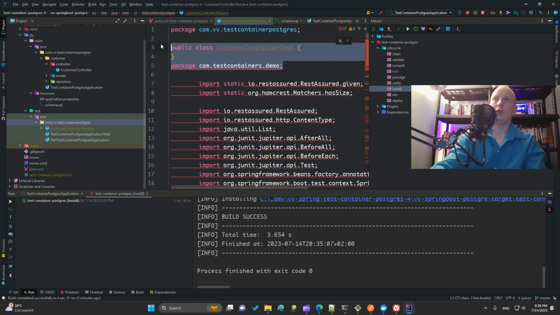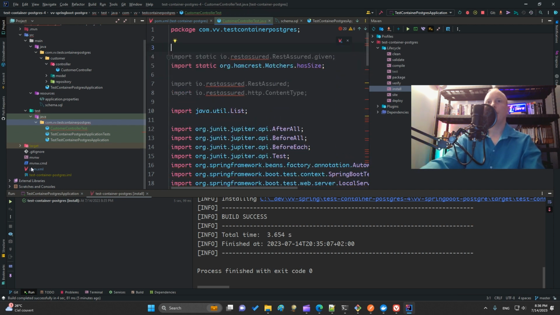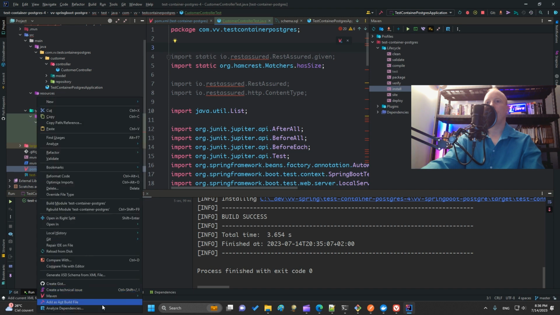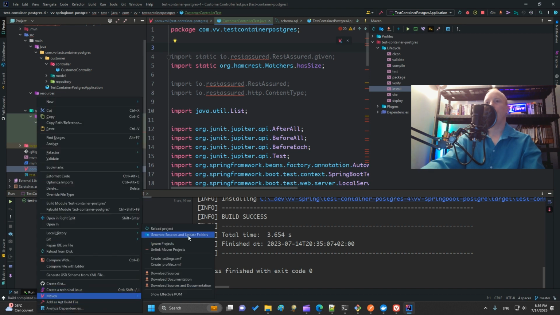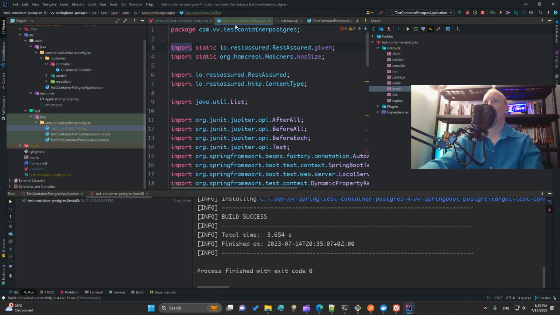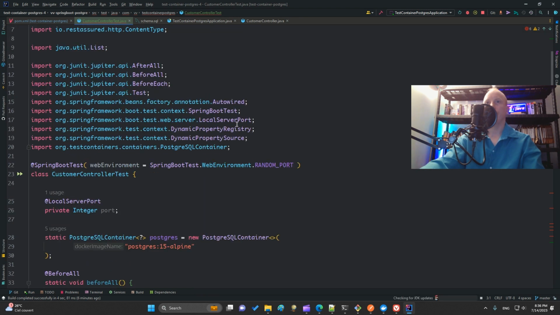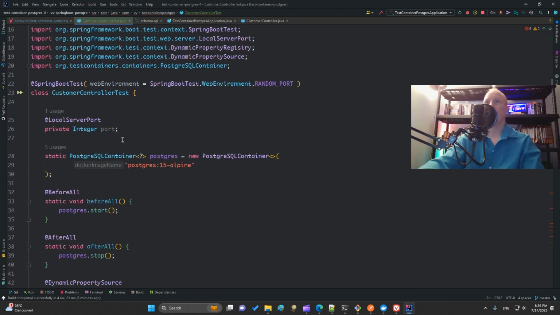I do not need this. I indent. I reload my POM because I clean install it with the new dependency, but they are not loaded. So I reload. No, they are loaded. And so we'll explain this test.